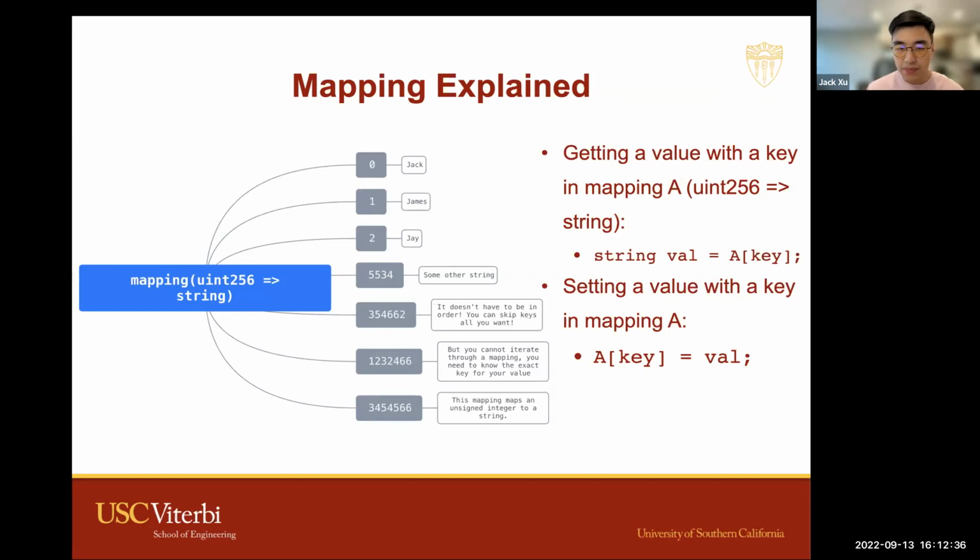Okay, so how do you explain mapping? For those of you who've taken computer science courses before, who have knowledge in computer science stuff, mapping in Solidity is comparable to a hash map. I won't ask you to explain it, but for those of you who haven't programmed before, you can think of mapping as a one-to-one relationship.